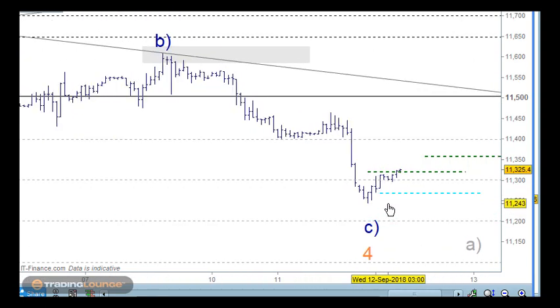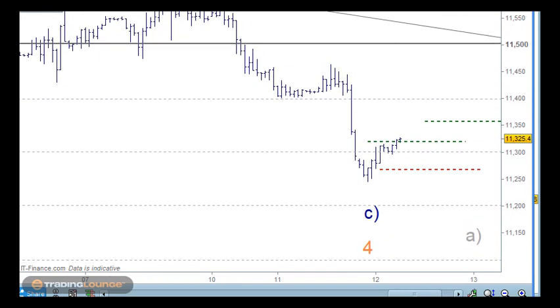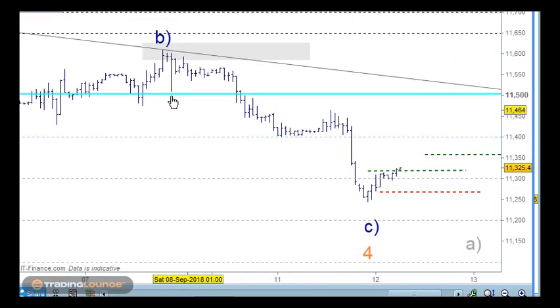The other point that I wanted to make here is that, from here, I'm thinking that we've actually got wave 1 and 2 in here, and then we've got 1, 2, 3, 4, 5 here for the third wave, the fourth wave here, and then the fifth wave dropping here. So I think that we can be in.